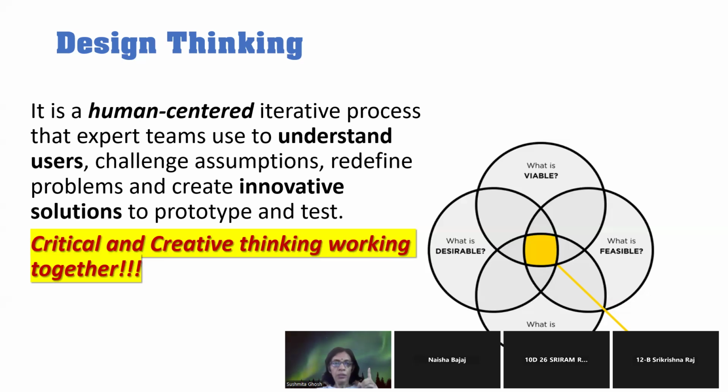ठीक है ना? So human centered. It should be, जो भी solution आप बना रहे हैं, किसी भी चीज का solution आप बना रहे हैं, it should not be against humanity. कोई भी solution which is against humanity will not sustain. आपको सारी चीजें, एनवायरमेंट, सोशल लाइफ, एवरीथिंग, सबको इनकॉर्पोरेट करके सॉल्यूशंस निकालना है प्रॉब्लम का, अदरवाइज इट विल नॉट हैव